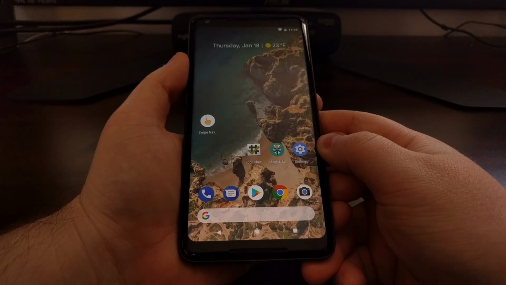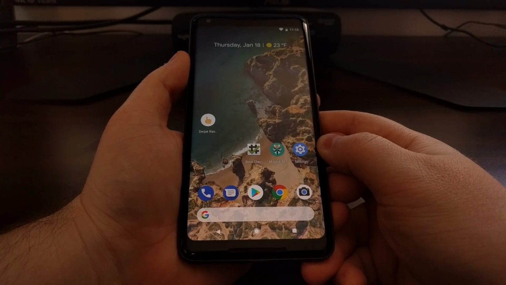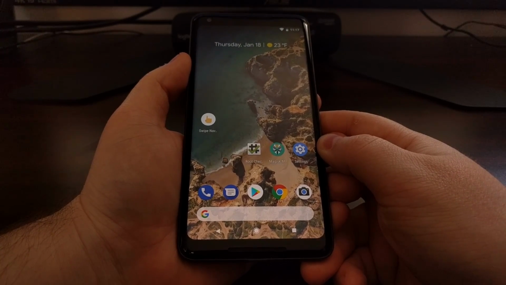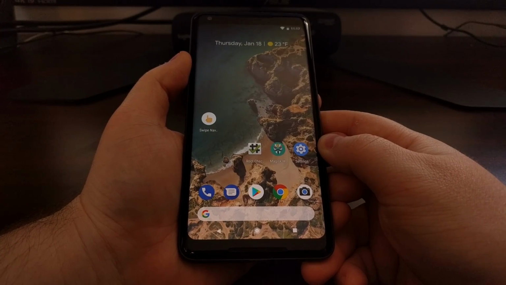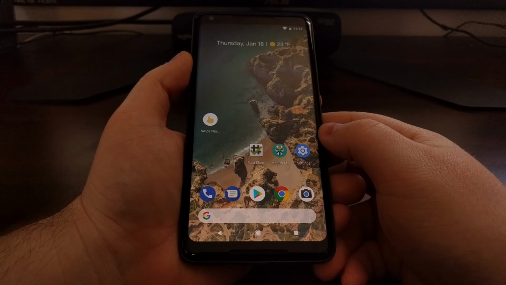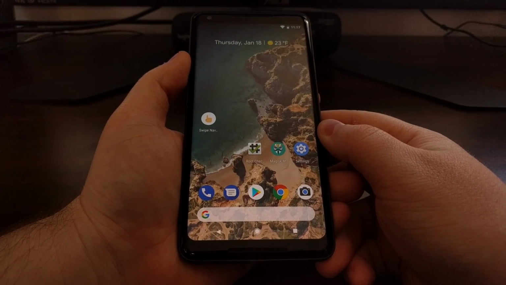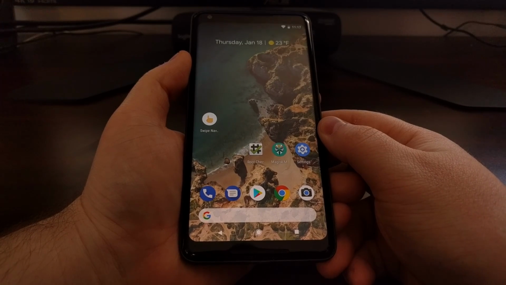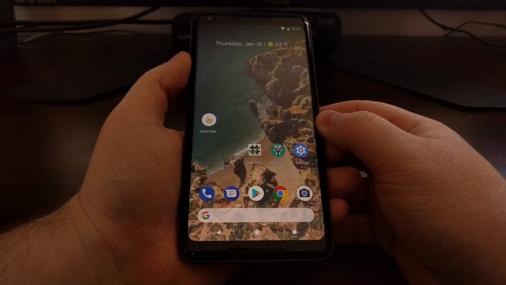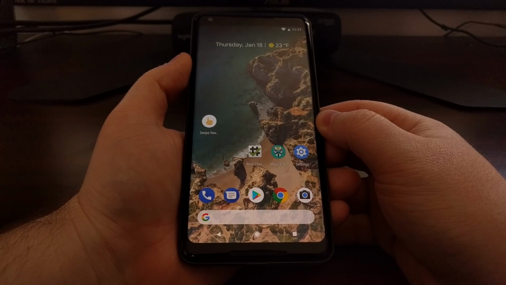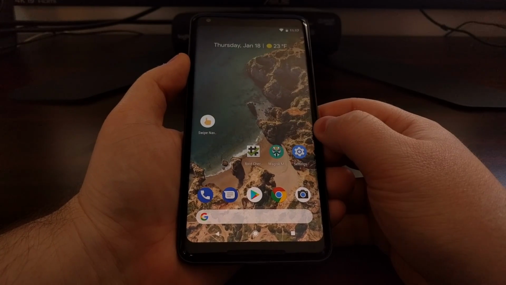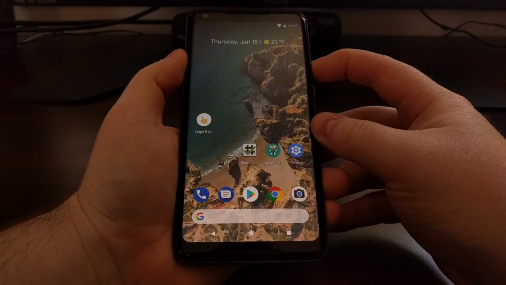And there's also a unique way that we're going to have to do this on the Pixel 2 and the Pixel 2 XL. I'm currently doing this on the Pixel 2 XL, which will have the download link for this file included in the full tutorial. That will be linked below this video. So once you have that file downloaded and on your Pixel 2 or Pixel 2 XL, we're going to need to boot up into